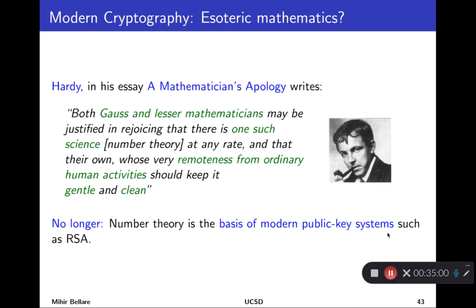Historically, this may have been a little unexpected. Hardy was a famous 20th century mathematician, and in his book, A Mathematician's Apology, he writes something which effectively translates to saying that one of the reasons he likes number theory, in which he was a pioneer, is that it's relatively untouched and kept away from the sordid affairs of people. It doesn't have any uses. He would be perhaps surprised now, when number theory is the basis of modern systems like RSA, and you're using number theory every day and every time you make a TLS connection.